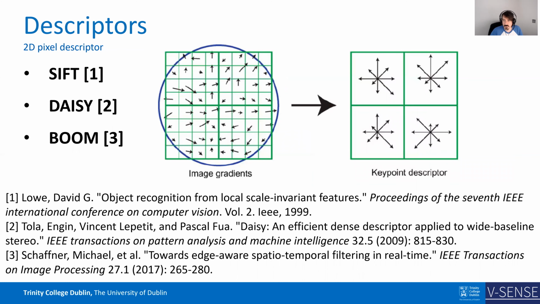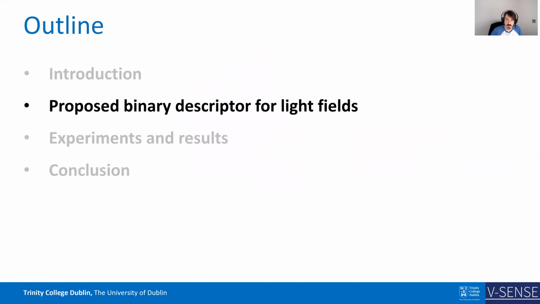There are a lot of descriptors that have been proposed to improve the speed and accuracy of inter-image matching applications, such as optical flow. But in this presentation, I'm only focusing on the three descriptors listed here. And it was shown in the BOOM paper cited here that they outperform most of existing descriptors. So these are also the descriptors that we used for comparison in our experiments. And the common insight for all these descriptors is that they are based on a gradient feature. So now I'm going to explain our proposed approach more in detail.